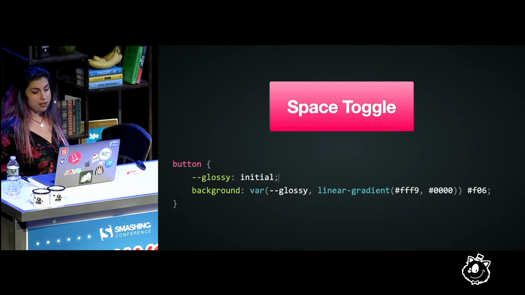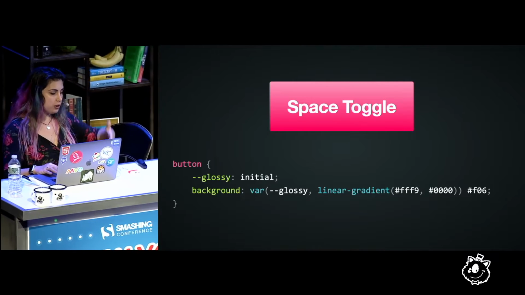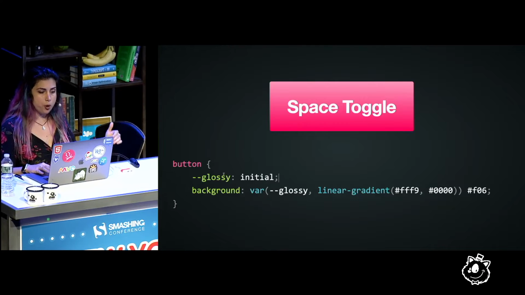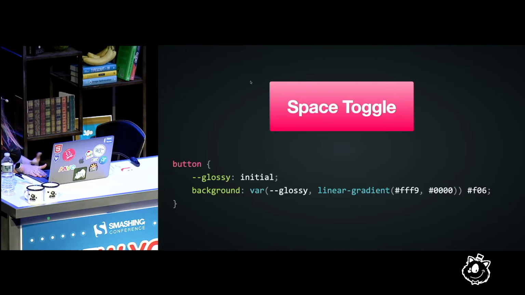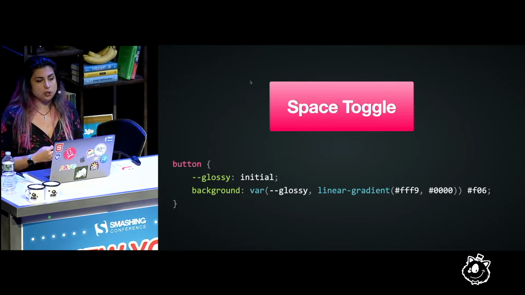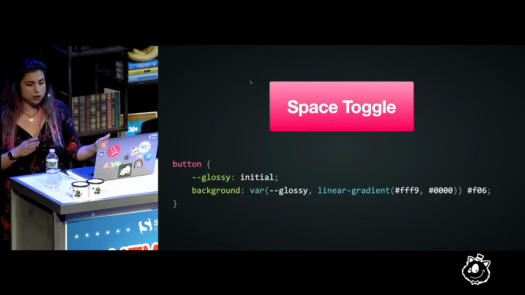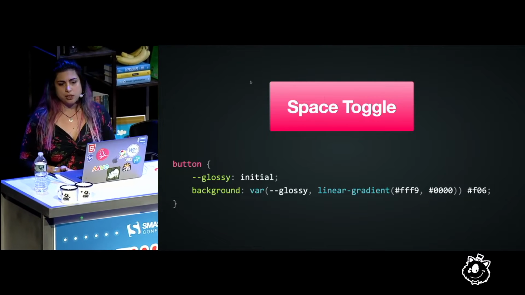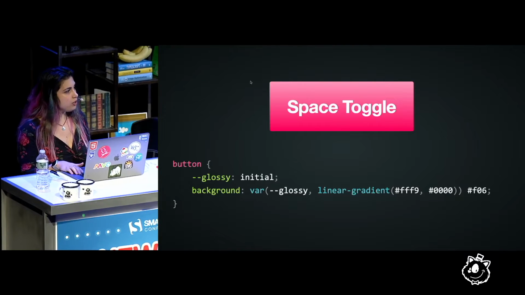So notice that by toggling glossy between two unrelated values, I could bring in an entire gradient. And I could use this on several different properties to bring in different types of styling. And you might be wondering, okay, this looks nice when I want to toggle on and off a certain part of a property. But what happens when I want to have different values, especially in math? I want a line height of 1.1 when the button is glossy and a line height of 1.5 when it's not glossy. How would we do that with space toggle? Think about it for a brief moment.